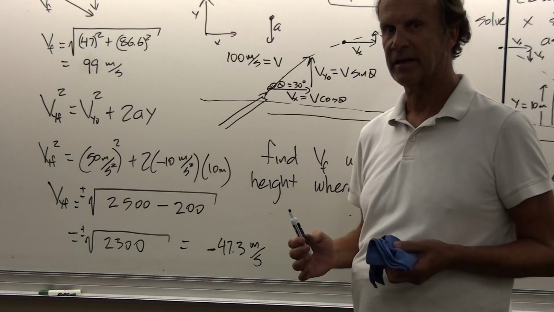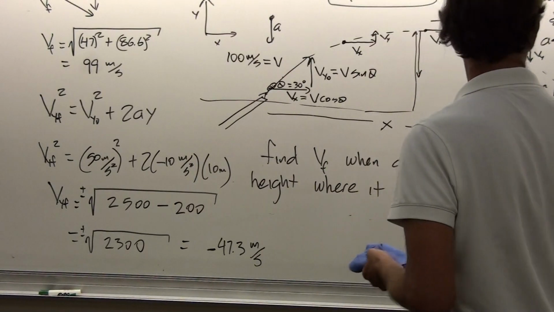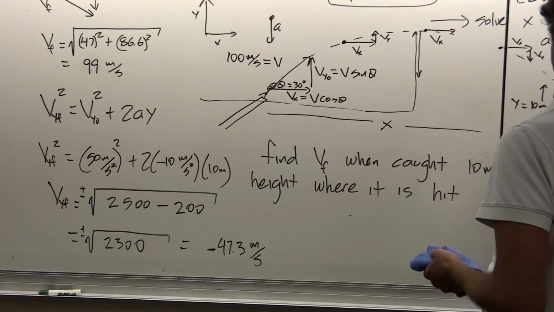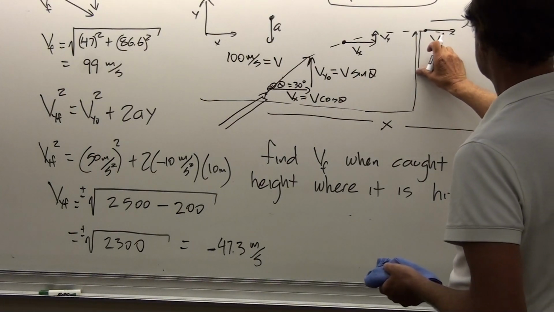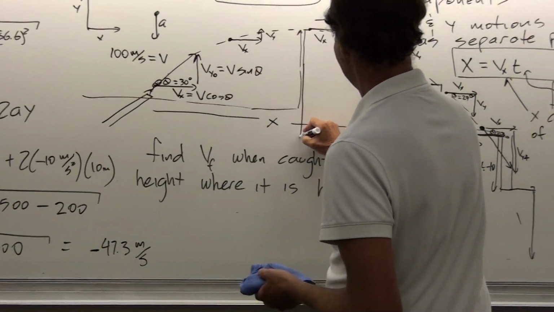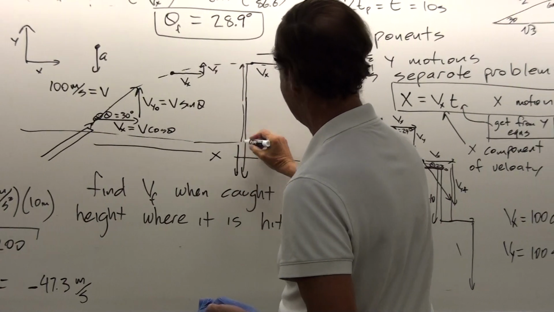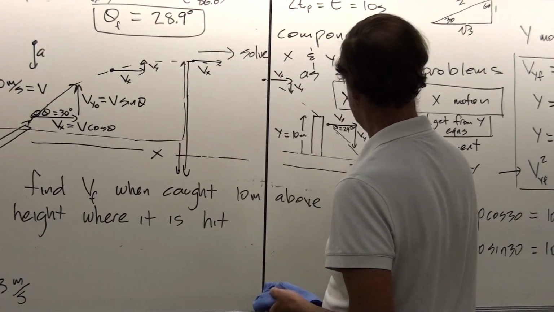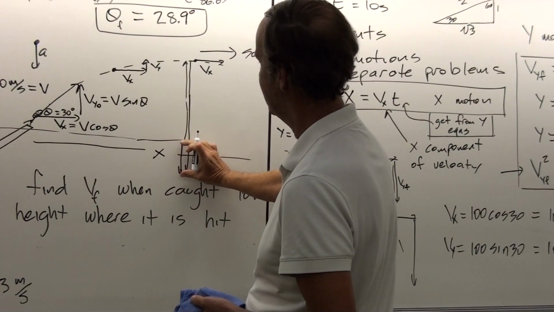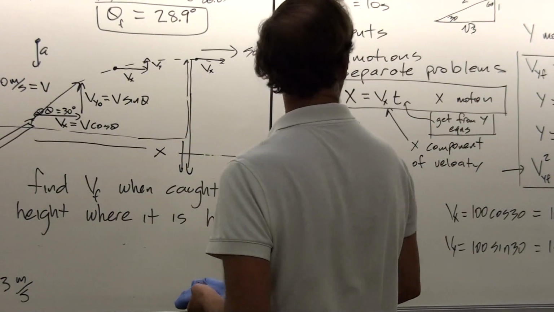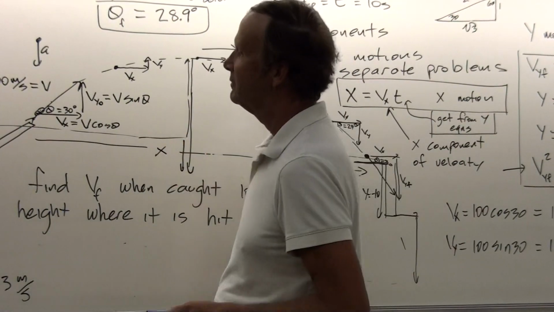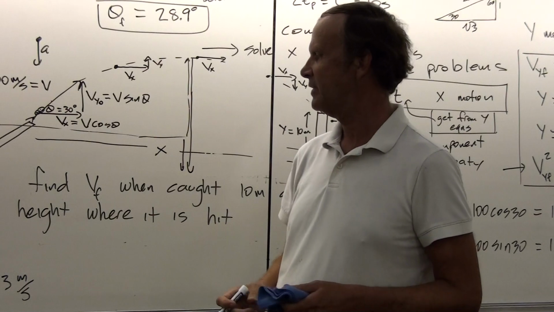And you could solve that kind of a problem too with the same exact procedure, just by realizing that the net displacement would be this vector plus this vector. So that would be a minus 10. That would be your y displacement would be minus 10. And then that minus 10 would go in there. And you just basically do the same thing that you did before.